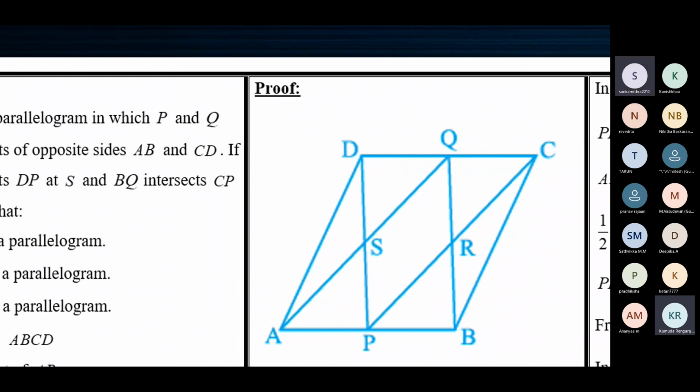So Sangamitra, let me just write this. I cannot annotate now. Okay, AB is equal to CD, right? AB is equal to CD because ABCD is a parallelogram. In a parallelogram, opposite sides are equal. After that, how will you proceed? Next. Since P and Q are midpoints of AB and CD, half of AB is equal to half of CD. So what are the two halves of AB?